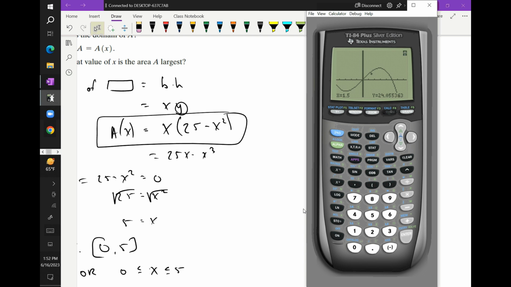So I can go back to my second and calculation commands, figure out the max, which is number 4. And so I want to be on the left side of that, on the right side of that, and it's going to figure out that this is going to be my maximum value. So left bound over there, my right bound arrow over. Now if you have a handheld, this goes a little bit quicker. There we go. So I'm on the right side of that. And so in between those, I figure out that my maximum value is about 2.9. And when my x is about 2.9, then in this case, the largest area of the rectangle I end up with is about